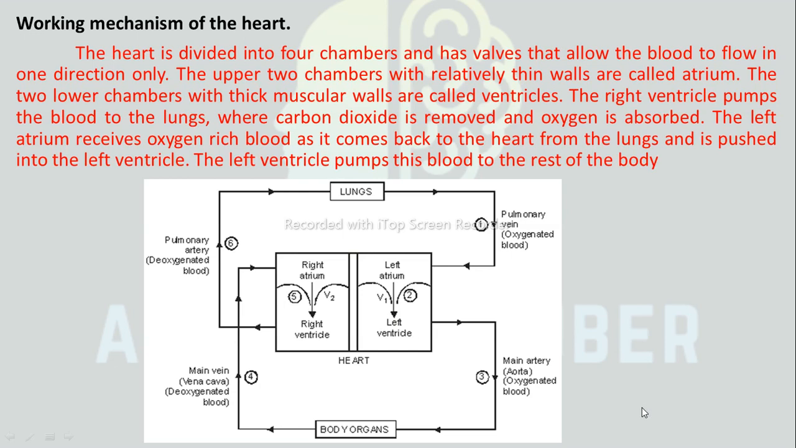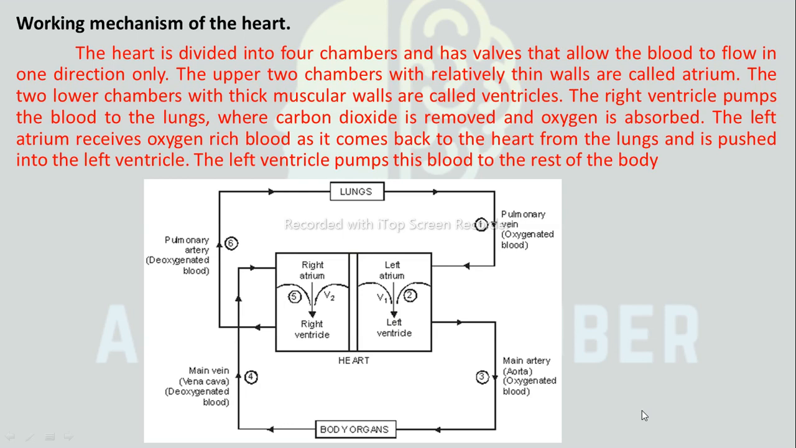So from the lungs, oxygenated blood. Oxygenated blood means pure blood, the blood carrying oxygen. Through pulmonary veins it reaches the left atrium. From the left atrium, it goes to the left ventricle, and from the left ventricle, it goes through the aorta and to